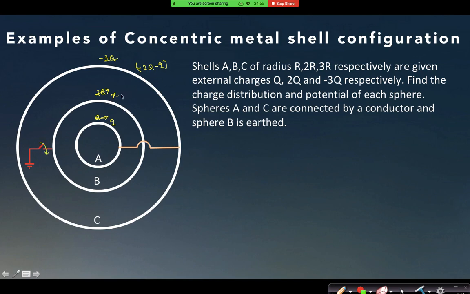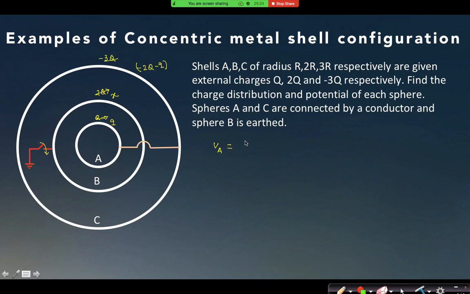So now I have actually two unknowns, right? q and X, two unknowns are there, and I have to find two equations. And I am very much confident that you could write two equations. What are the two equations? Can you tell me? VA equals VC, and VB equal to 0. Yes. So these are two equations we can solve. So let us try to only find the potentials. Then I will leave this question to you.